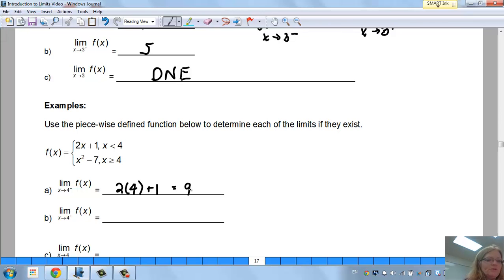Now if I approach it from the right, these are all the numbers greater than that. I'm going to plug a 4 into that one. So when I do, I have